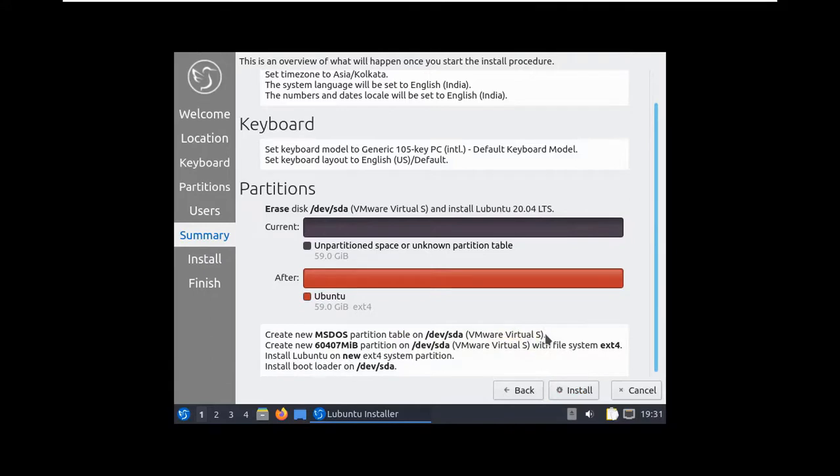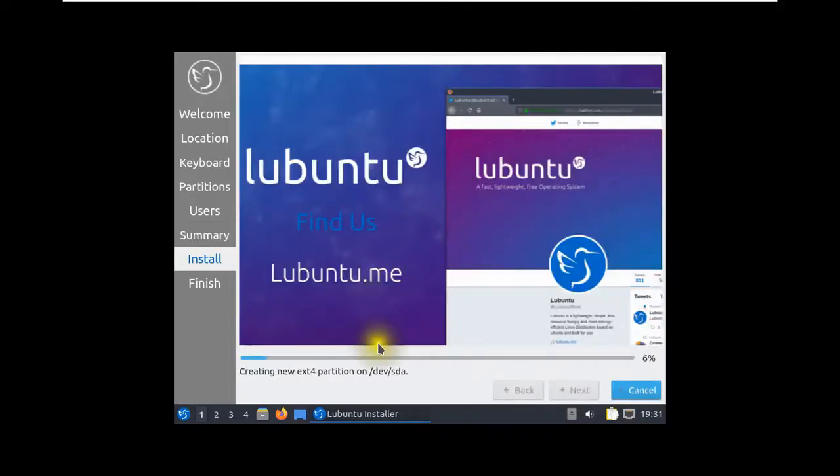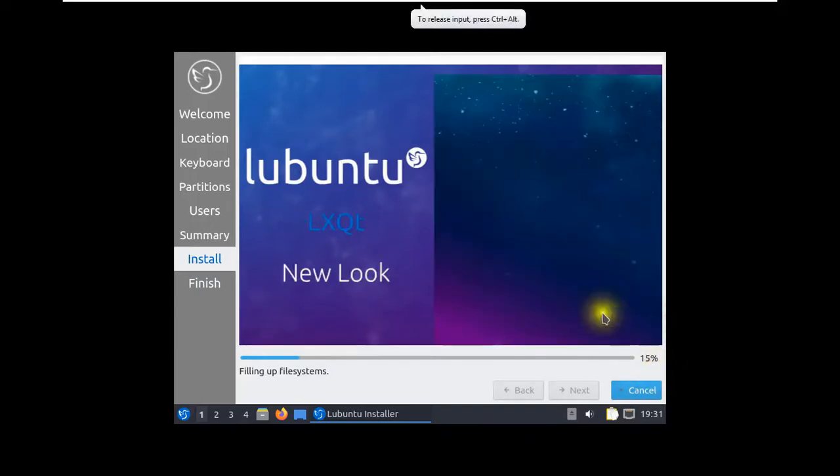and it is using a new ext4 file system. So just give install, and yes, install now. So guys, installation has begun, and it should not take much time. It is already showing you 15% done, and you can see the LXQt new look,